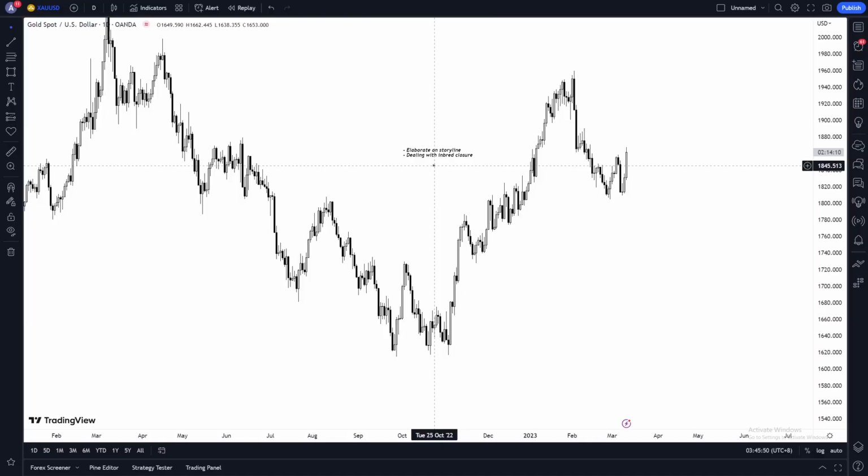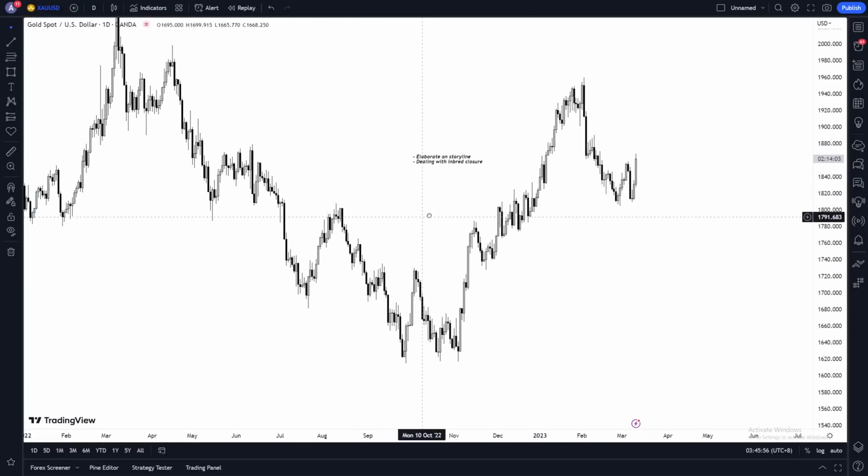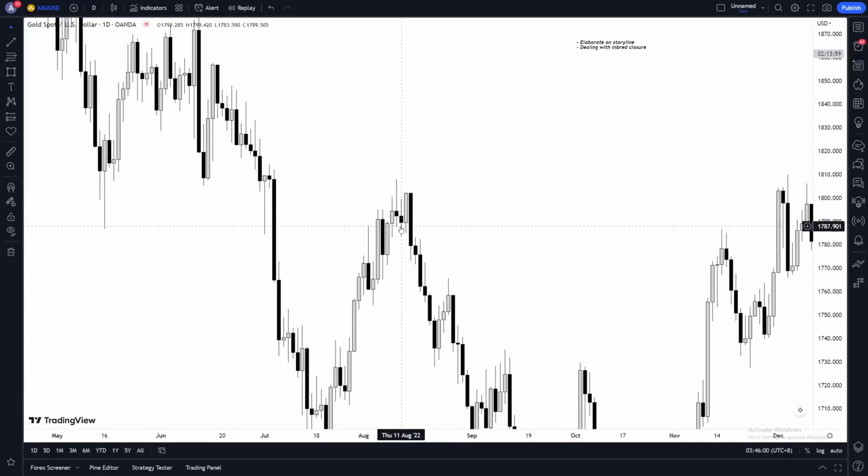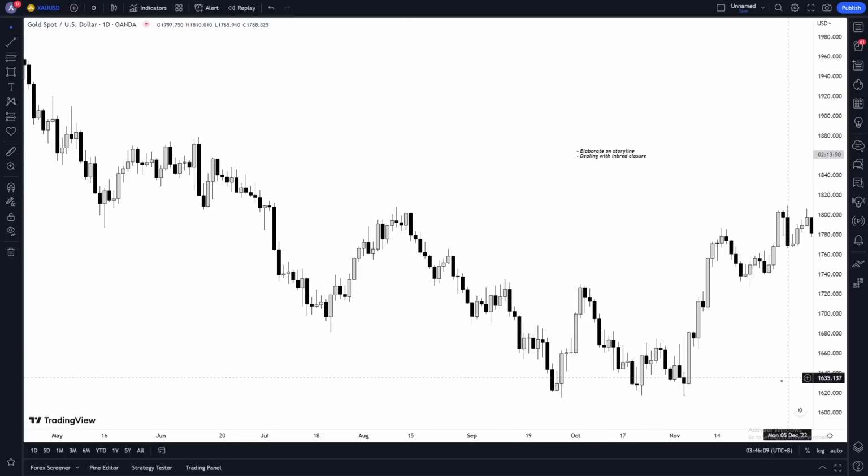Okay, so what inbred closure is, is basically when price closes oddly. Right, price doesn't close all too nicely. Like this example right here, right? We have ourselves the daily reject, daily H4 breakout. You know, you're trying to sell in here, but boom, price just comes up and just rams through this entire thing. And yet I held the sell.